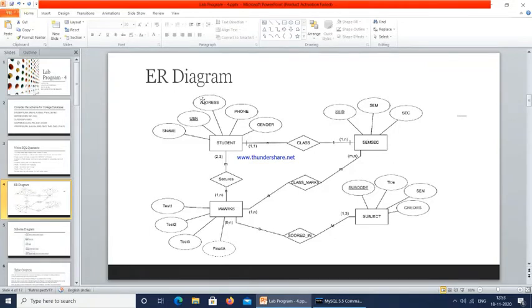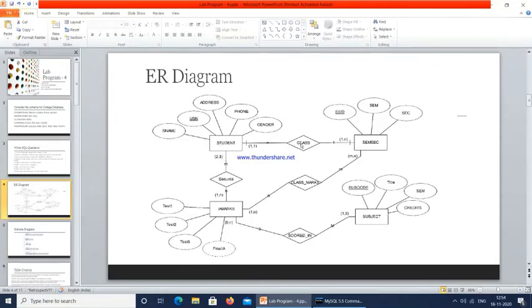Then we have student name, address, phone number and gender. So all these things are normal attributes. Okay, these are concerned to student. Then we have SEM section. So in SEM section we have SSID, this is the primary key. Then semester and section are the other attributes.